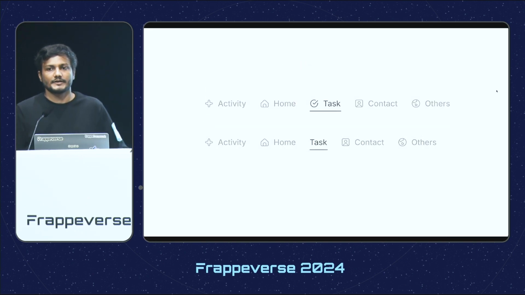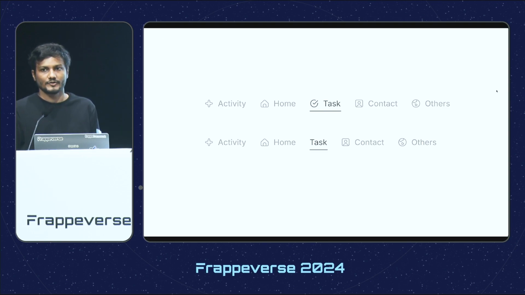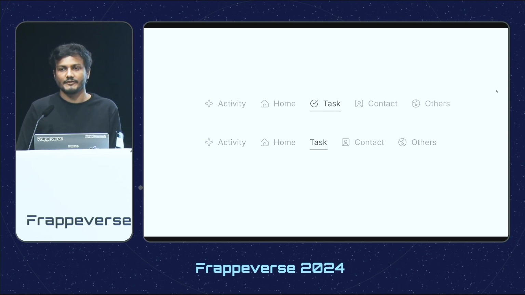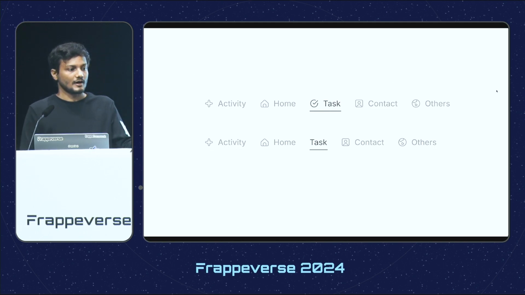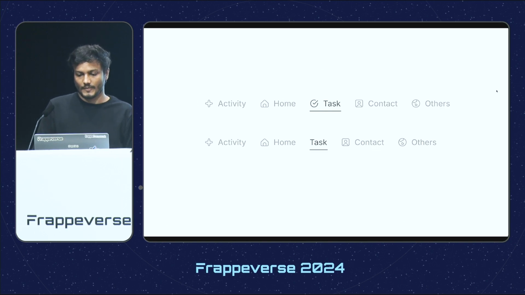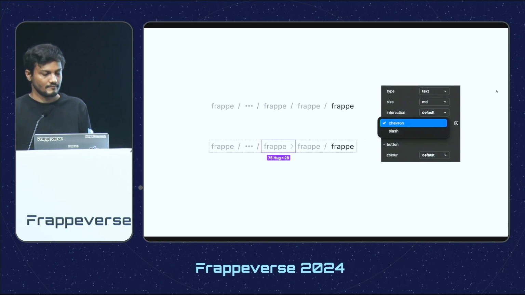So another major introduction is cell primitives, which are like basic building blocks. So long story short, now it's easier to change variants within a component. So for example, if you have a tab group here where you have icons with text, you can also have variants within the compound element. So now you can see a task without an icon. You can do the same, for example, with breadcrumbs.